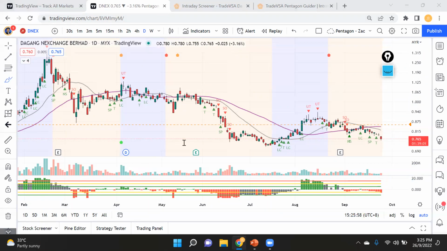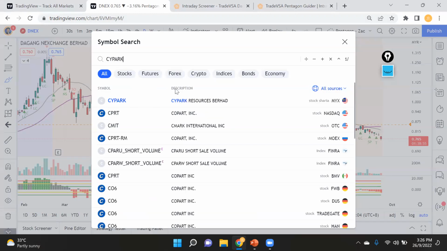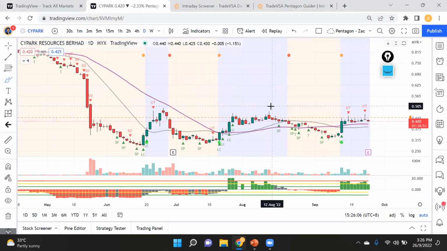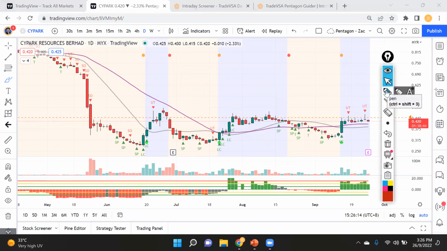Okay, let's try SaiPa. 3A got NS. I remember 3A got NS, but let's see how it goes for today. SaiPa. Now this is for me. Still not a very big UT yet. I think got chance for OTUT. So here